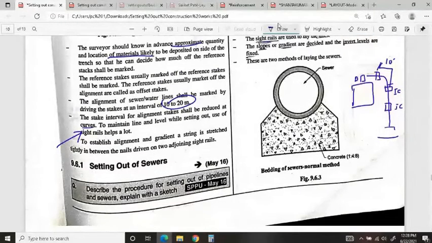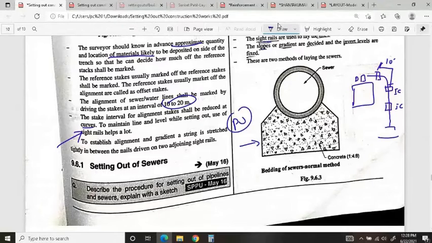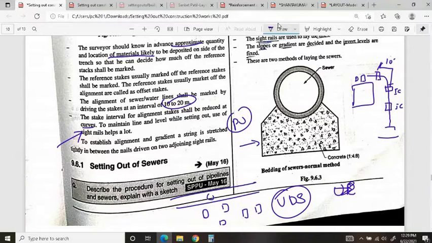In your city, or in Pune city, you have seen the construction of the underground drainage system. Underground drainage systems, they will provide pipes, sewer pipes. If this is your home, and there are homes like this, and this is your road, in between the roads there will be some manholes, correct? So in between them, there will be a pipe connecting those manholes. We call them sewer lines, to which all the waste will be connected.